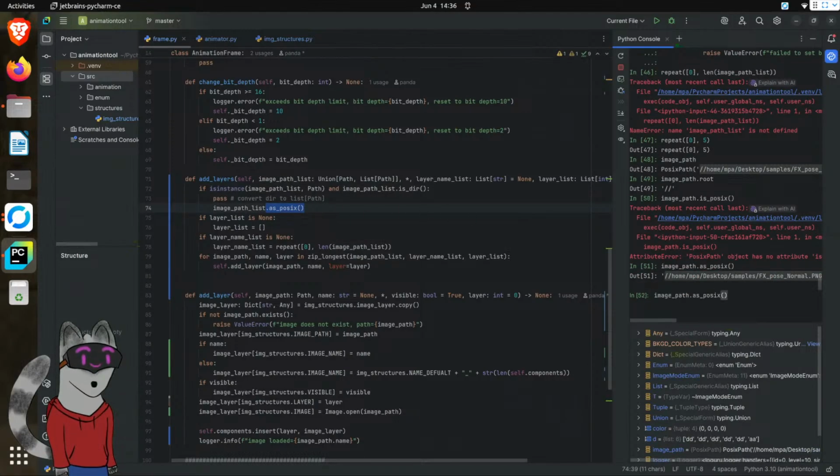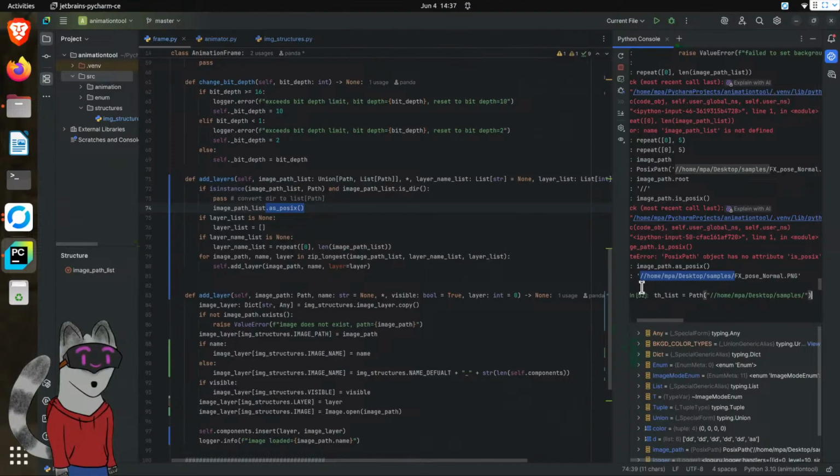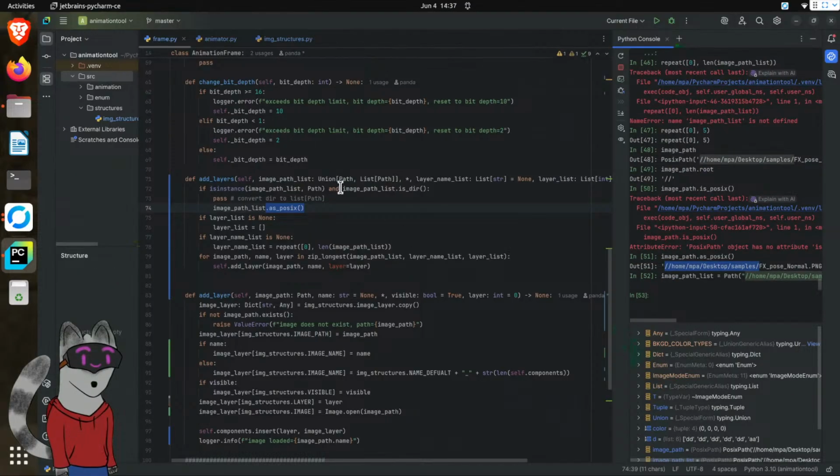So what I'm going to do is simply grab this. Oh, I got the F. There we go. So image path list, and this will be a path right here. Oh, I need to put this in parentheses. There we go. And then from here, if it's a directory,